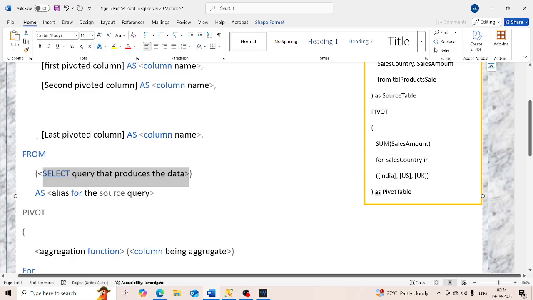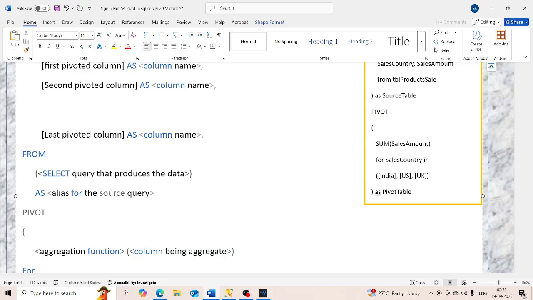So select the query that produces the data, and that acts as the source for your select query,